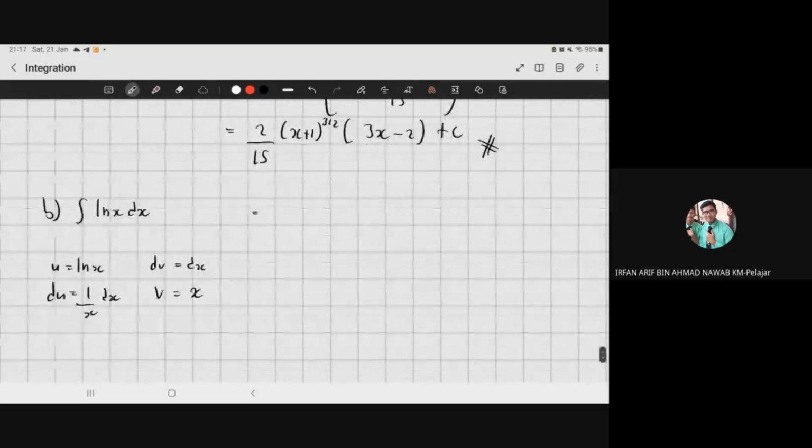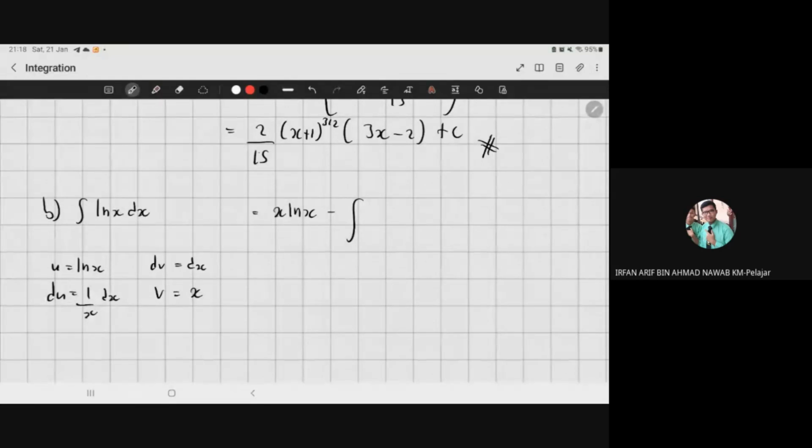Okay, so this is our second question, and now we are dealing with an integral which is ln x dx. And now we can't use substitution because there's nothing to substitute. All we can do is apply the integration by parts technique. So I choose u as ln x because it's easy. You will see it soon when I apply it to the formula given. So now it should be ln x, and I should put x in front. x ln x minus the integral of